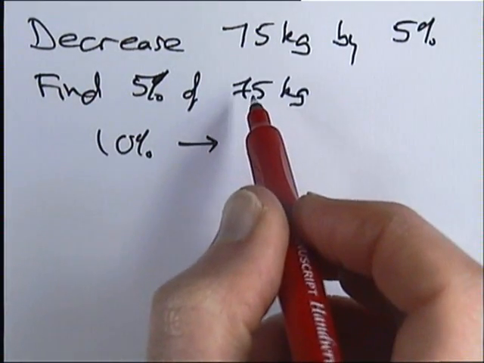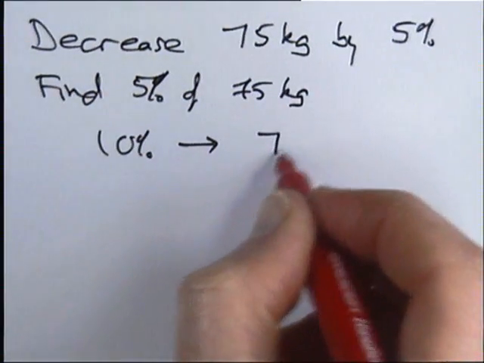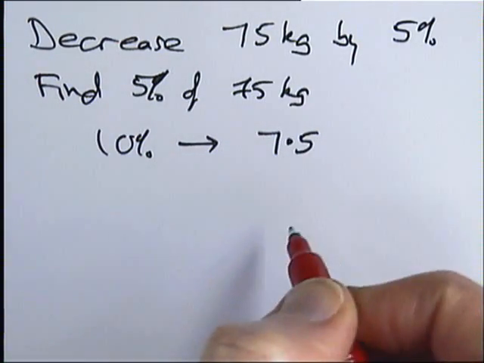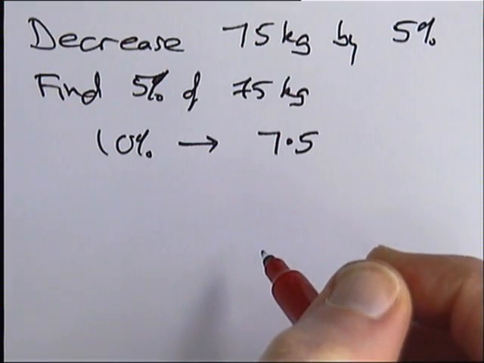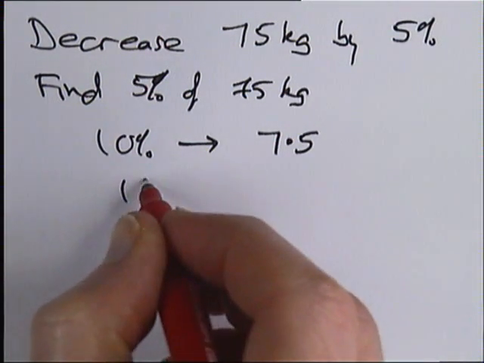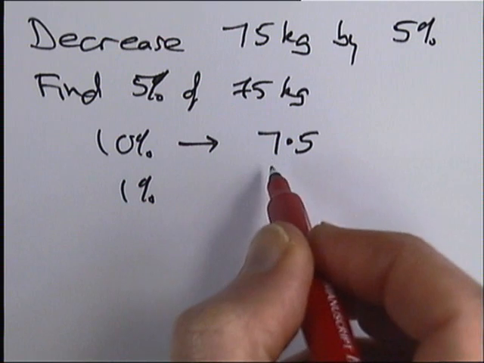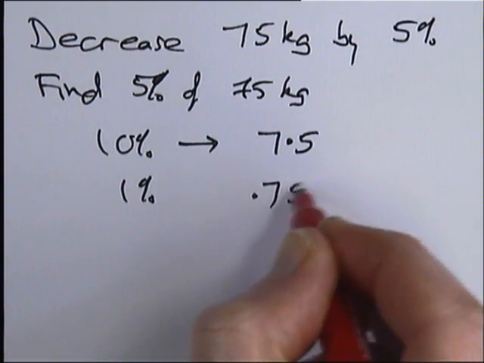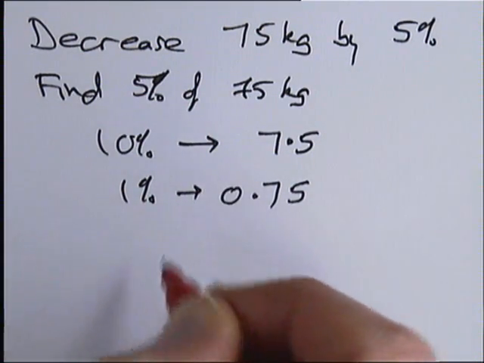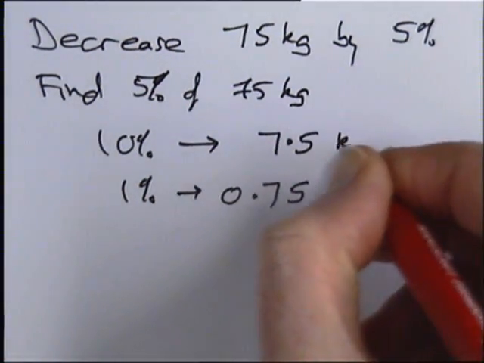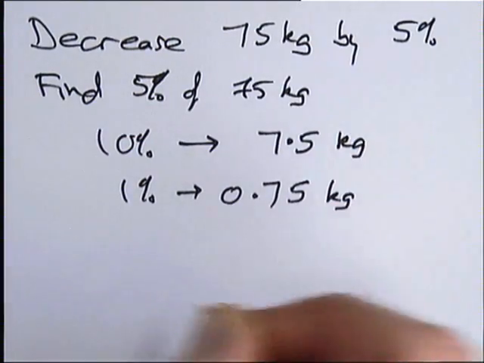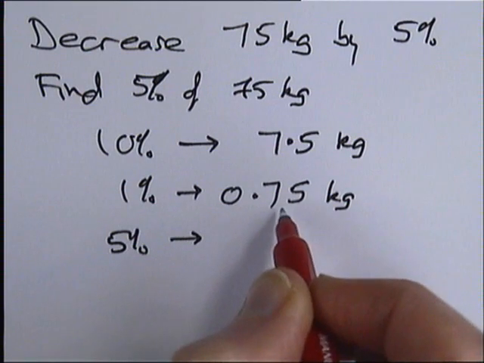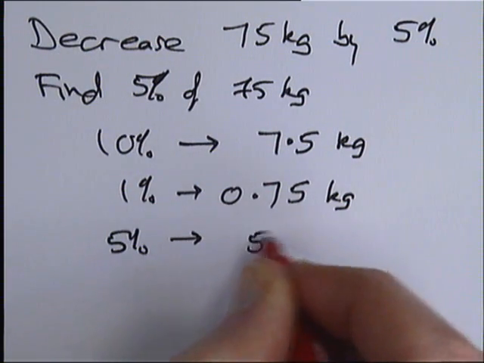If we started off with 75, 10%, I've got to put a decimal point in to make it smaller, so that's 7.5. Then I can find 1% by again moving the decimal point and making that smaller. Well, this time the decimal point will have to come before the 7.5, so that will be 0.75. Both of these are in kilograms. So 5%, well if 1% is that, 0.75, 5% will be 5 times by that,